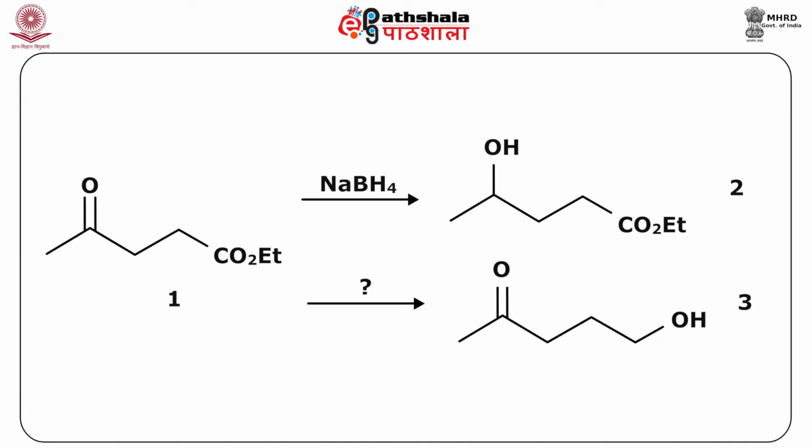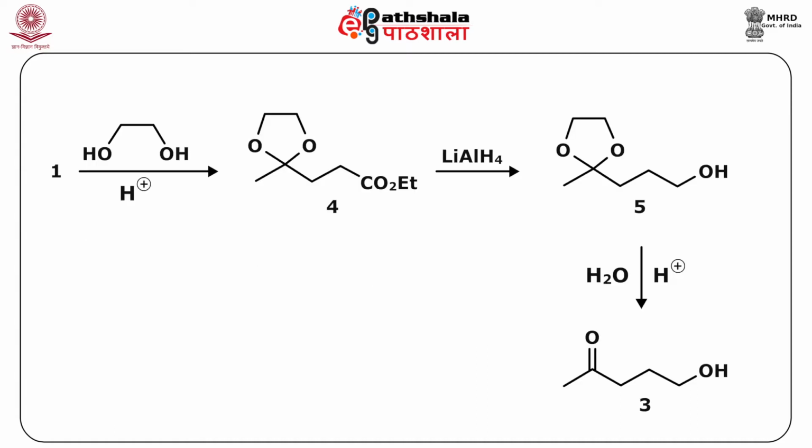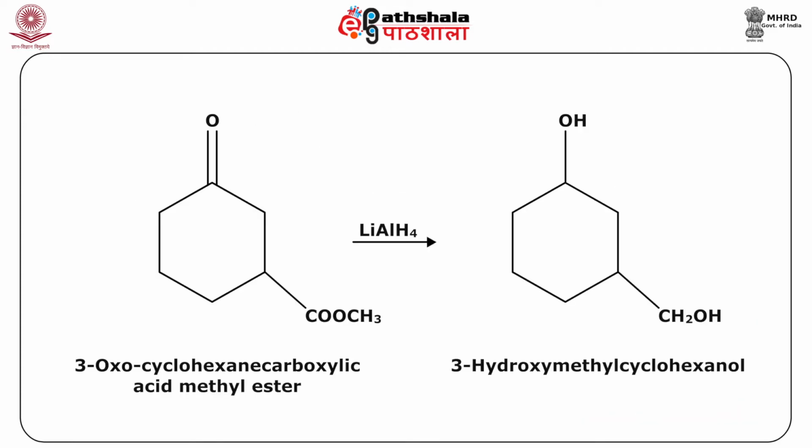However, if the ester group is to be reduced to an alcohol, what should be the probable mechanism which should be carried out? If you look at the other figure, the groups can be protected, a keto group can be protected and then the reduction takes place. Finally, the deprotection leading to the formation of the desired compound. In another example,